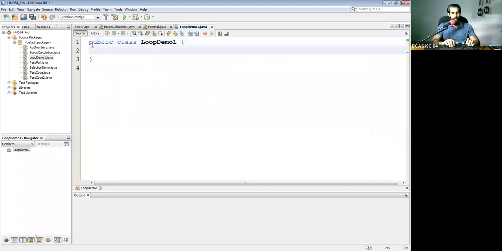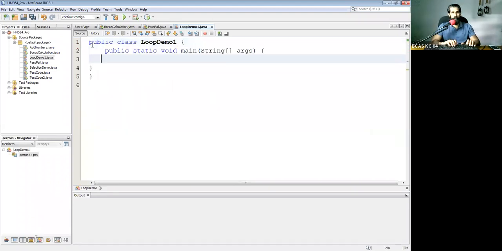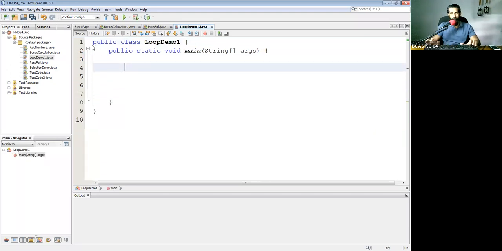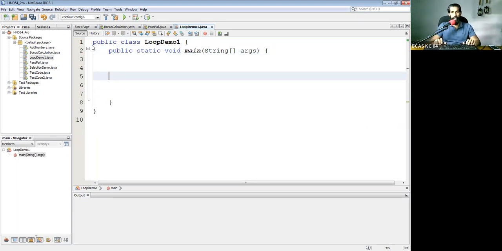I hope you can see that one. What I'm going to do is create the program, which starts here. This is the start according to Java programming. I'm going to create the loop control variable, which is called count, and I'm going to assign the value